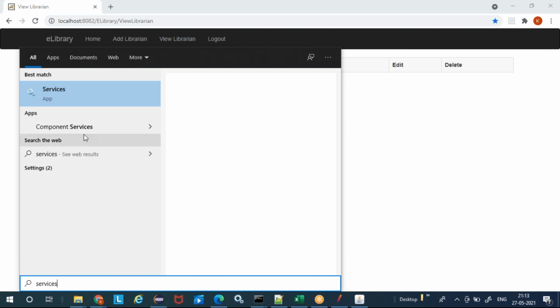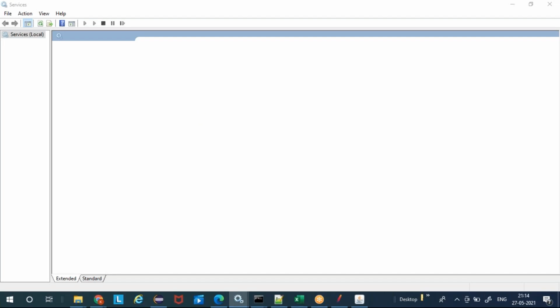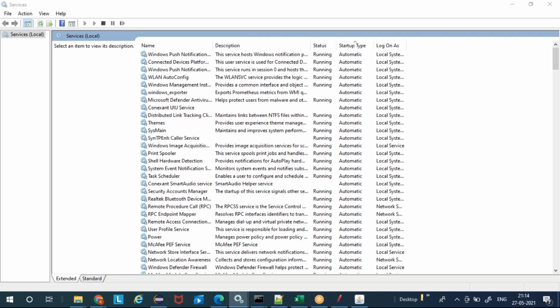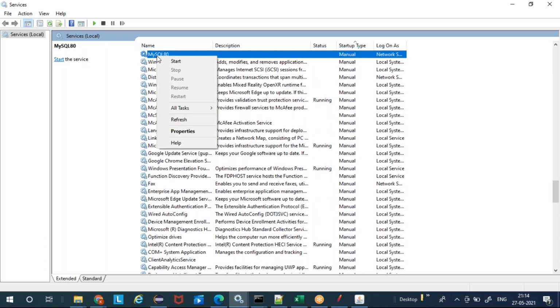The link to download MySQL will also be available in the Google Sheet, where you can just go and download it. And once you are into the course, we will also provide details about how to create these tables, and how to connect this database with our e-library application. All these things we will learn as part of the course.